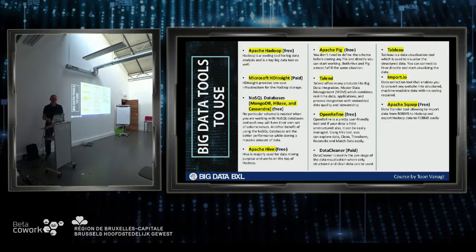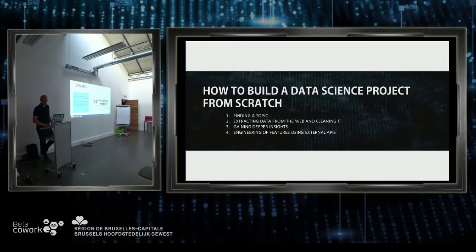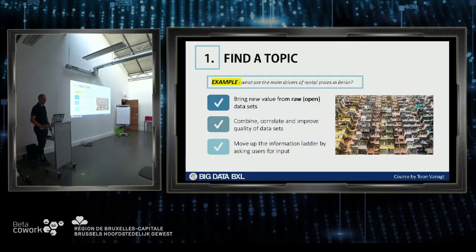So again, Tableau, a very popular one. In this space of visualization, there have been huge acquisitions. Both Amazon and Google went on a shopping spree there. On this URL, there are 24 data science projects. So again, they're in the slides, so you can check them out at home. We'll just pick one, and I'm really going to speed it.